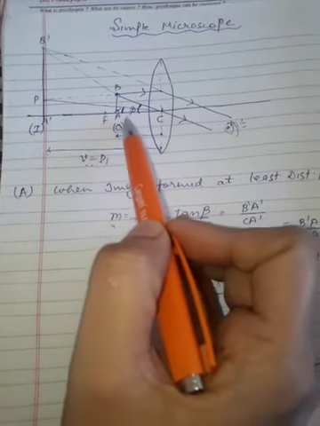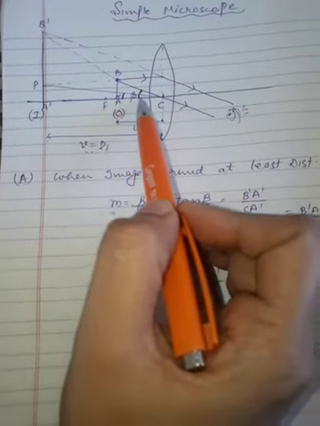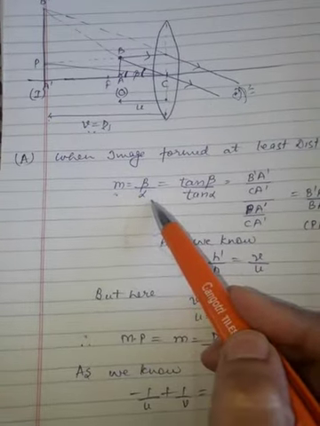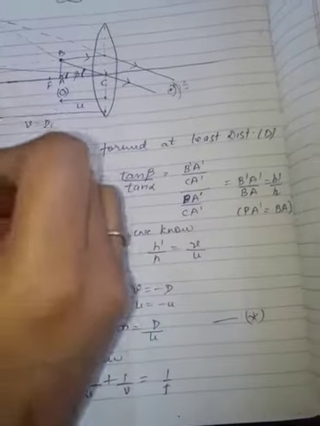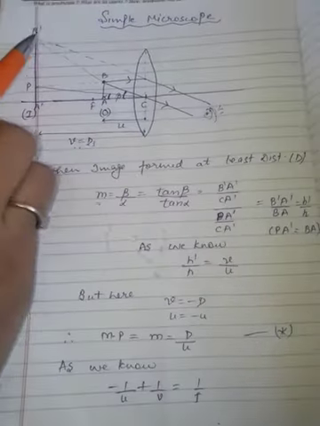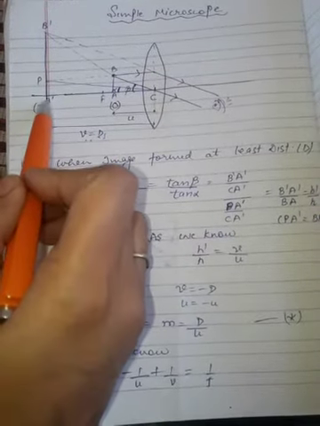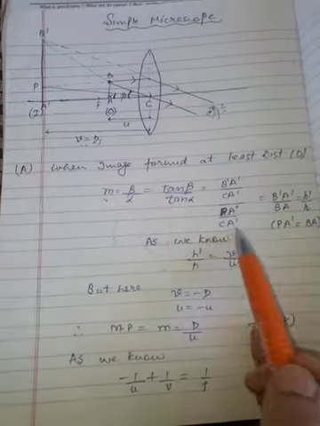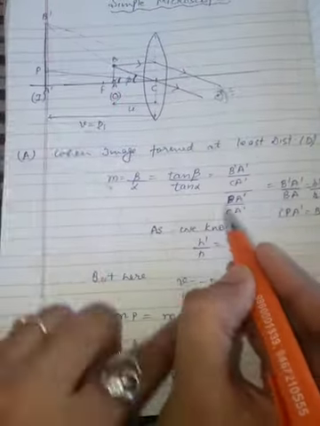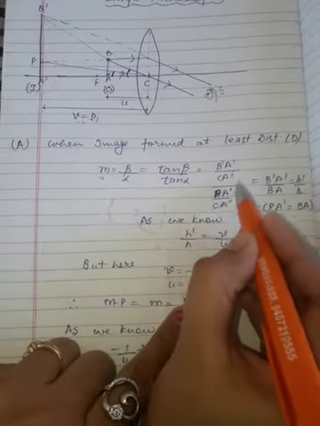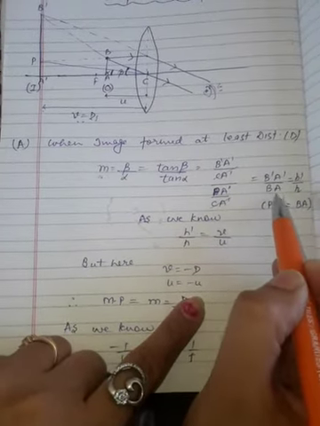So what is the magnifying power? It is defined as a ratio of angle subtended by image to the angle subtended by object. That means beta upon alpha. Now angles are very small. You can take it as beta is equal to tan beta and alpha is equal to tan alpha. Now calculate from this triangle. What is tan beta? This is BA dash upon CA dash. And what is tan alpha? PA dash perpendicular upon base CA dash. Now as PA dash I have constructed, this is equal to BA. So PA dash you can write it as BA. CA dash will be cancelled out. So what is left? B dash A dash upon BA.